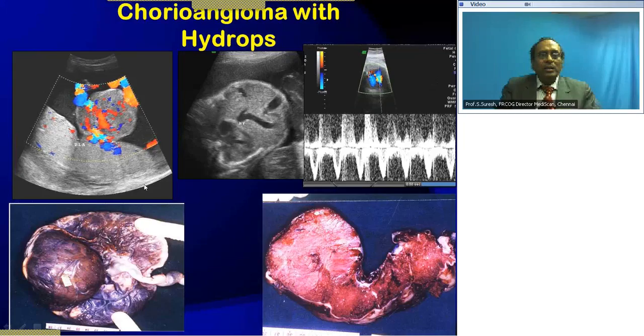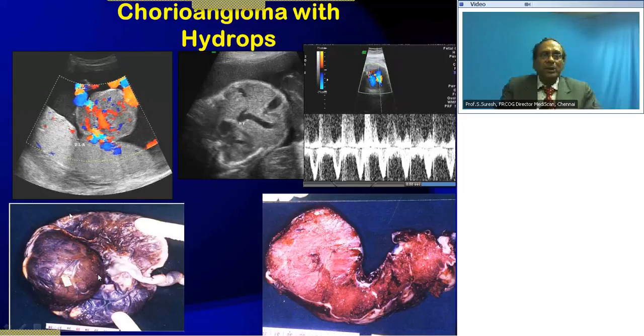Now here the typical chorioangioma of the placenta. It's a tumor which is usually seen in the surface of the placenta and bulges into the amniotic cavity, or it could be in the placental substance. Usually chorioangiomas have very high vascularity, and because of high vascularity it behaves like an AV malformation, and you can see a large size hepatic vein, portal vein. The baby is actually having cardiac failure, right, with regurgitation, and a large